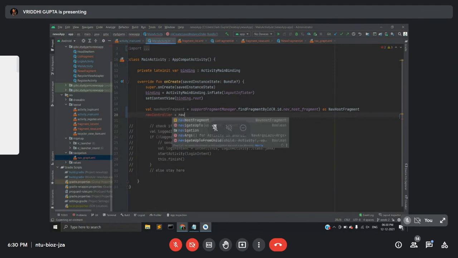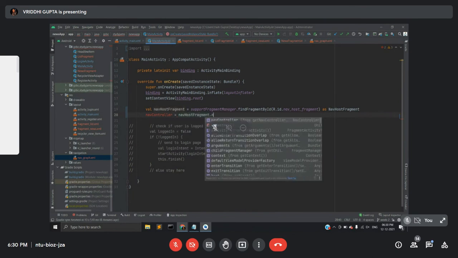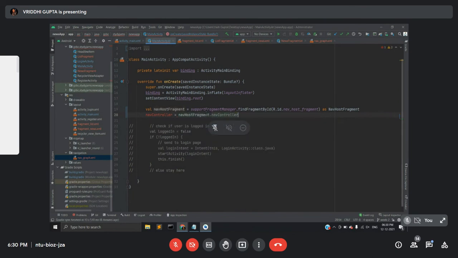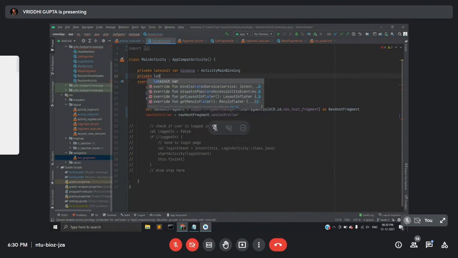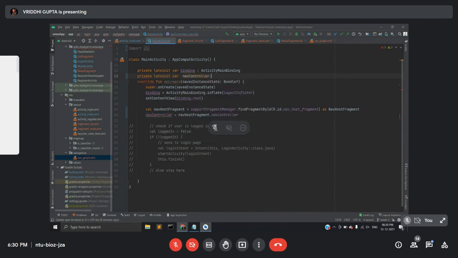Nav controller equals navHostFragment.navController. Now here we are getting an error at nav controller, because we have not defined it. Private lateinit var navController: NavController. We need to import this class as well, so we click Alt Shift Enter and it will be imported.